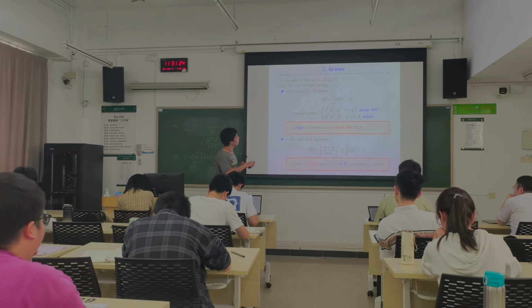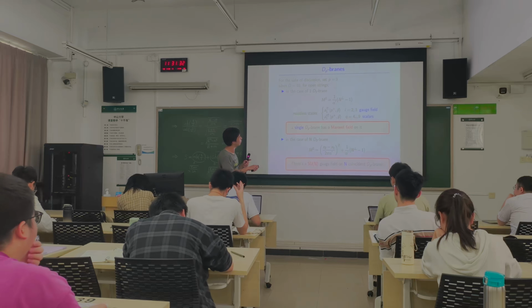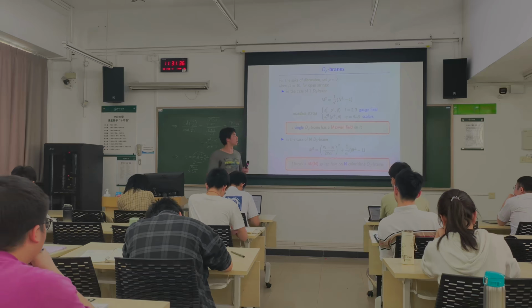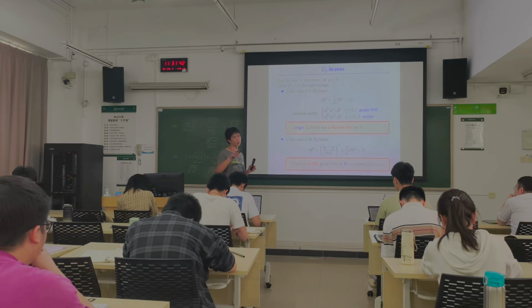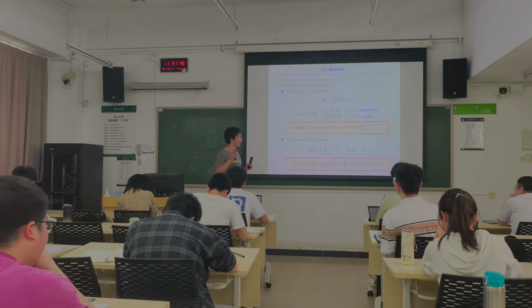You have string 1 starting and ending on ring 1, and string 2 starting and ending on ring 2. Also two strings start from ring 1 and end on ring 2, and start from ring 2 and end on ring 1. So you have 4 possibilities. So for n D-branes, you have 2 to the n, right, possibilities there. And which is actually